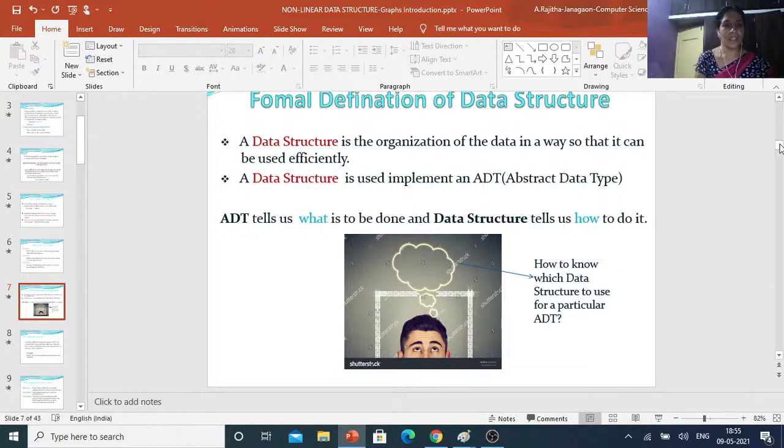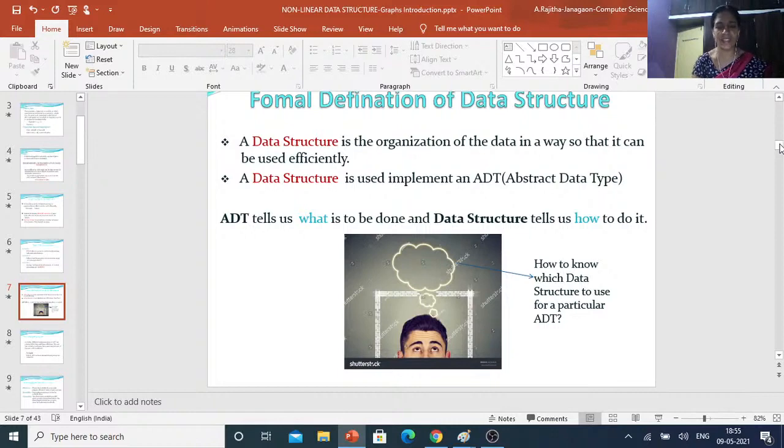The ADT provides the operations, that is, the different types of operations performed on the data. So the ADT contains data as well as operations, whereas the data structure is how those operations are carried out. This is the difference between the ADT and the data structure.